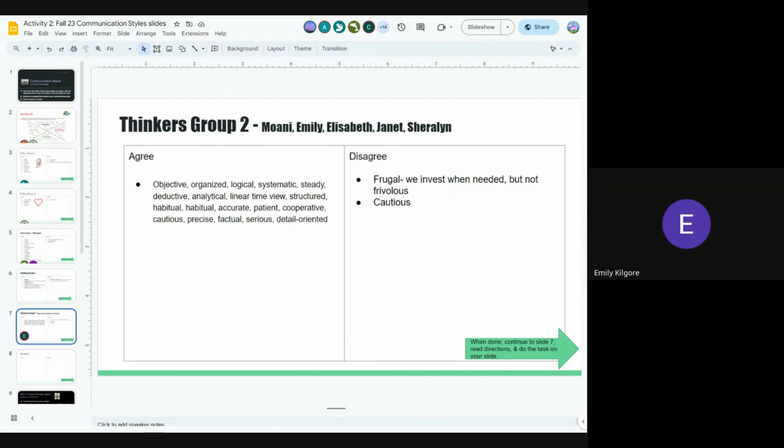Sure, I'll go ahead. I feel like we agreed with most of the characteristics: looking at things objectively, highly organized, systematic, very structured and detail oriented, looking at things based on the facts, using caution and precision. But then we also found that there's, under the thinker category,